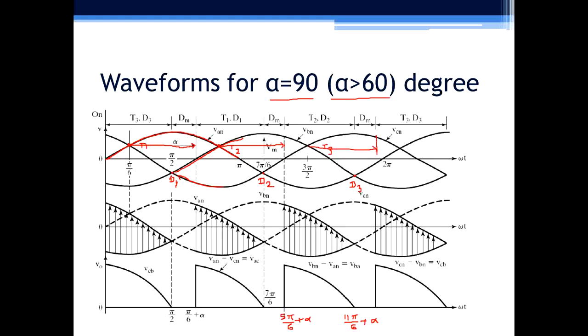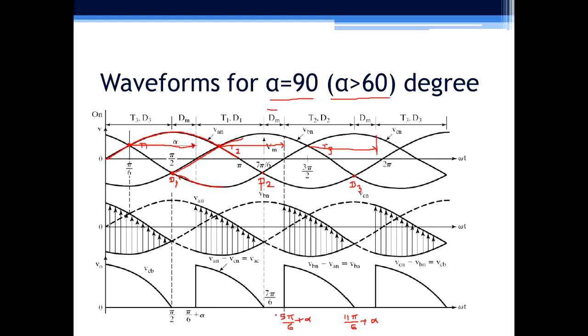But diodes are uncontrolled devices, they don't need firing angle pulses, so they will be conducting as soon as they get forward bias. So D1, D2 and D3 will start conducting here itself. Now logically, T1 when it starts conducting from here will conduct till T2 is fired. So logically it has to conduct till this point. But as we are connecting this freewheeling diode, when voltage VSC goes negative, the freewheeling diode will come into the picture. That's why T1 will conduct only for this duration, that is pi by 6 plus alpha to 7 pi by 6.